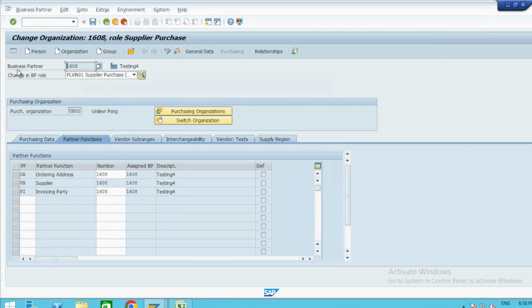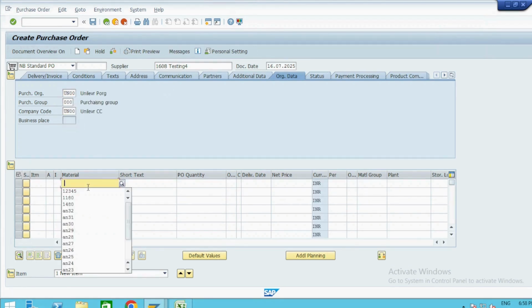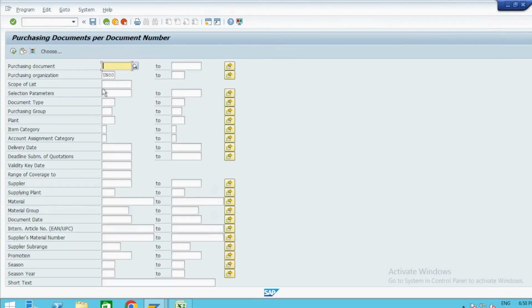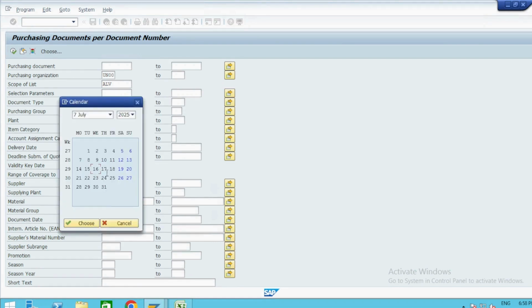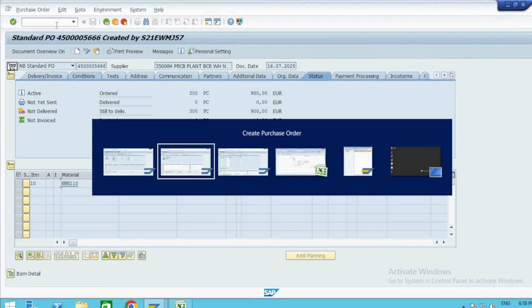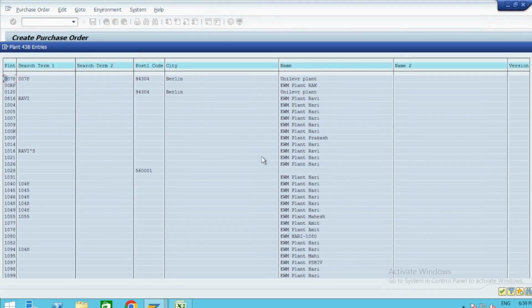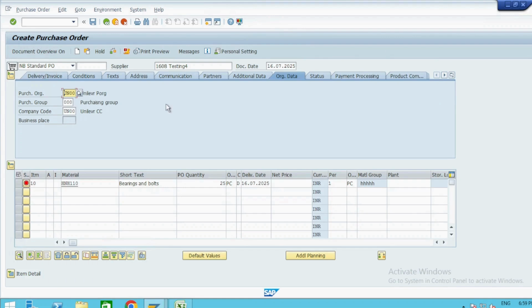Now using this partner supplier, let's create ME21N purchase order. And this is your material. So let's find out material selection ME2N. That is my purchase organization. I want this option. Let's say document type. And here is my material. Right? Material. Let's say 25 quantities. And hit enter. Enter plant. So my plant is assigned to, okay, notice my plant here is